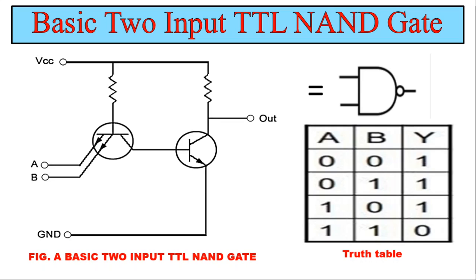Now, no current reaches the base terminal of the output transistor, and so the output remains at high state, that means it becomes equal to VCC. Apart from using normal transistors, Schottky transistors are also preferred for TTL logic systems. These transistors exhibit the Schottky effect and thus have higher switching speed and lesser power consumption.